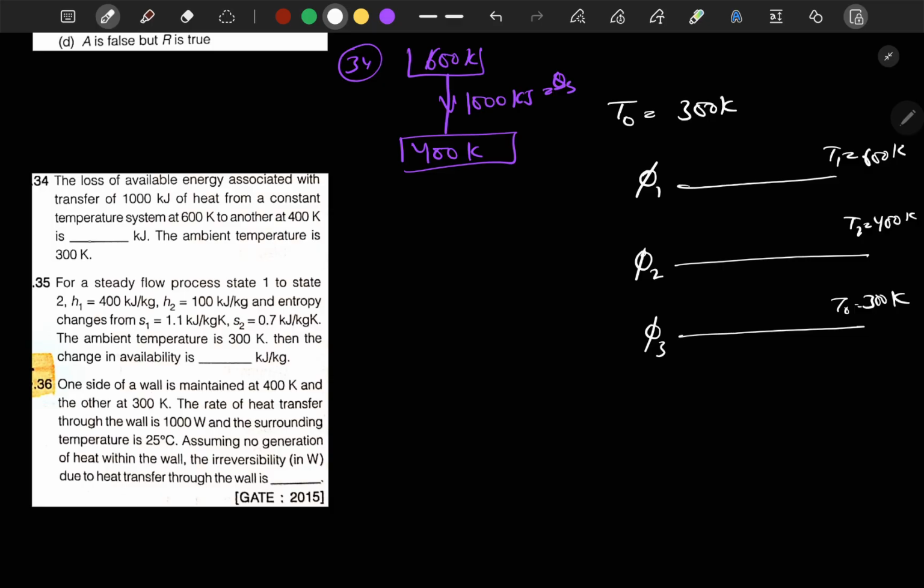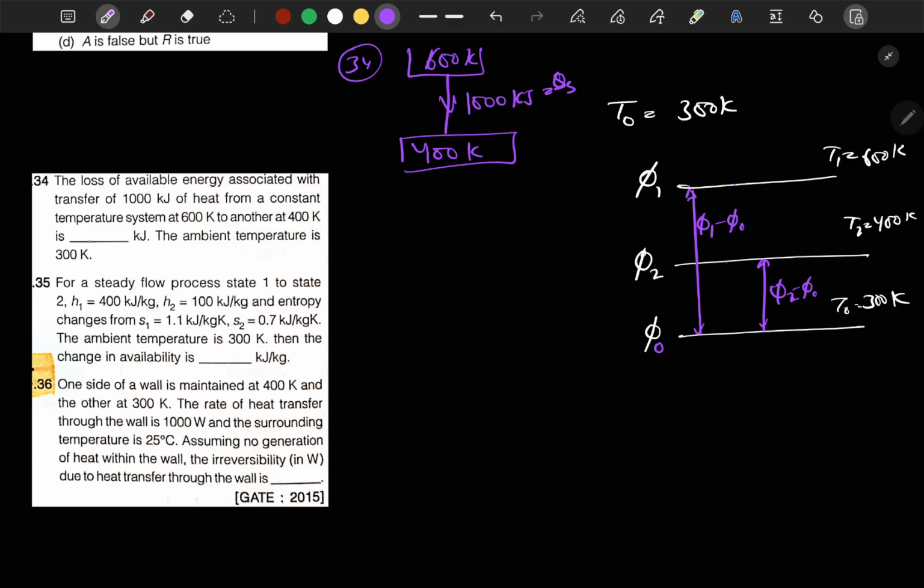Okay, so if we talk about state 1, if we want to extract the maximum amount of useful work that we can obtain from the system, that would be phi 1 minus phi 3. Now since we have extracted only from phi 1 to phi 2, this phi 2 minus phi naught energy is still inside the system, which we have not extracted.